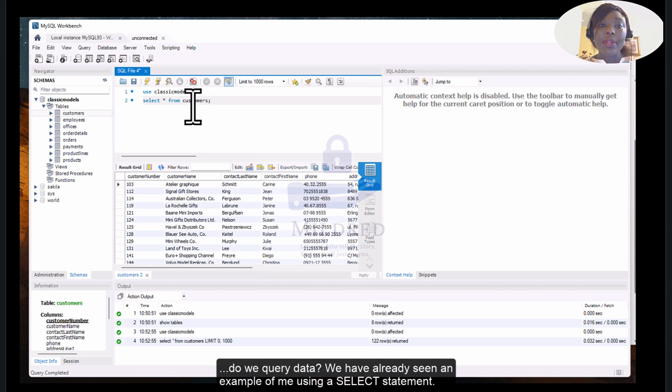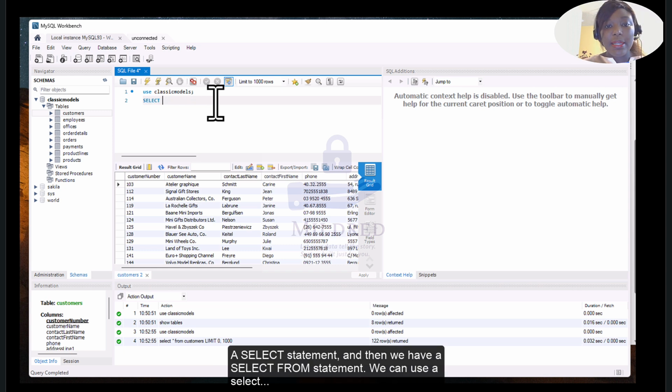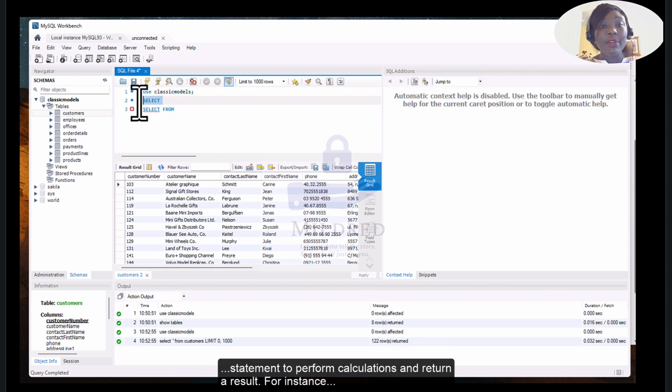So how do we query data? We've already seen an example of me using a select statement. A select statement, and then we have a select from statement. We can use a select statement to perform calculations and return a result. For instance, I'm not using the Classic Models. Let's say I want to get the